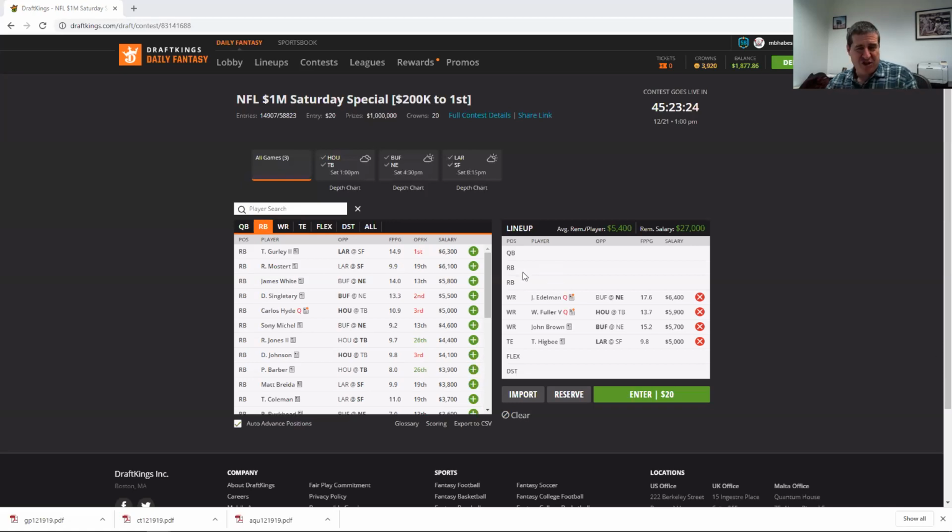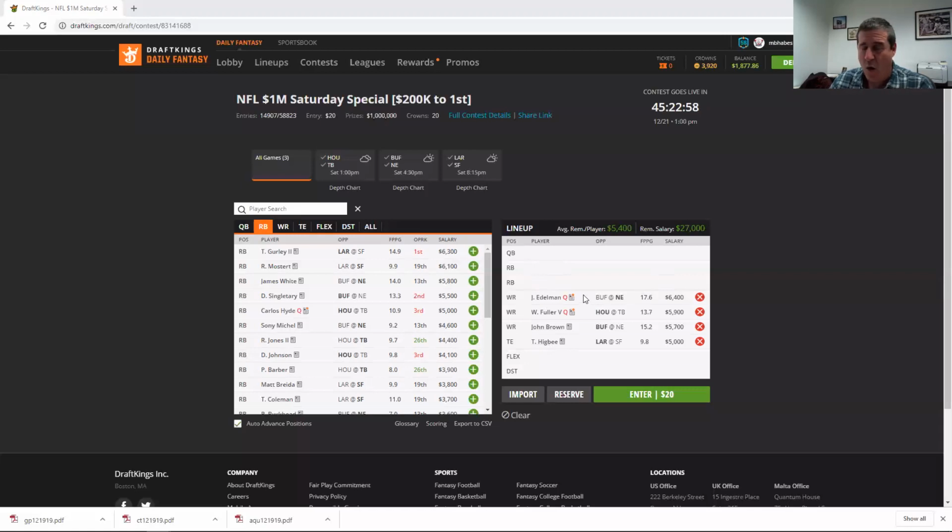The problem with Sony Michel is he's not going to fit this build too well, because if we're going to take Sony Michel, then it's not the greatest environment for Edelman. So what you could do with those guys that I mentioned, let's say you wanted to play Gurley. Now he's the highest owned guy. He's at 46%. So if you want to play Gurley, you could put Goff in a stack with Gurley and